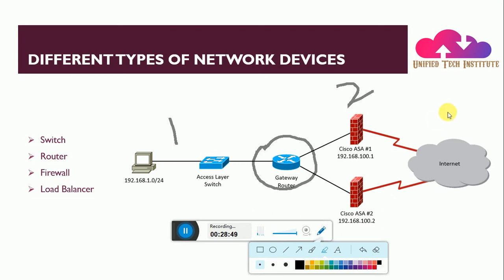Then you might ask, what is the need of a firewall, right? So this is a firewall. Here it is mentioned as an ASA firewall. That is, in Cisco we have an ASA firewall, a very special and very effective firewall provided by Cisco. I will explain what Cisco is in later videos. Right now it's just a firewall. What it actually does is, from the internet,